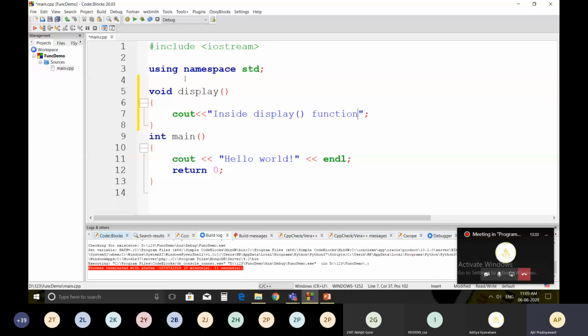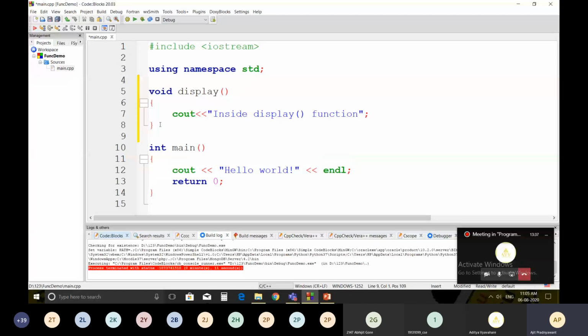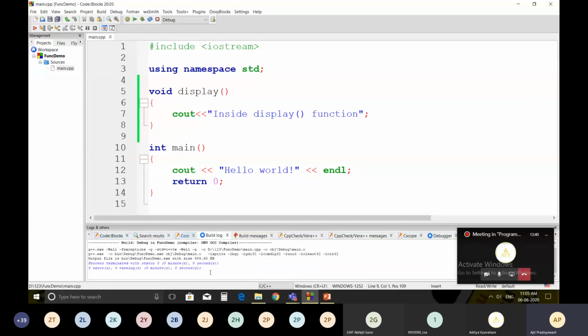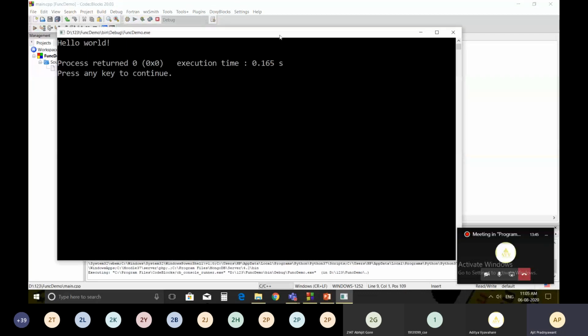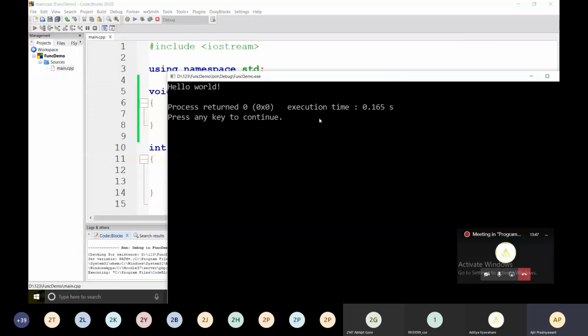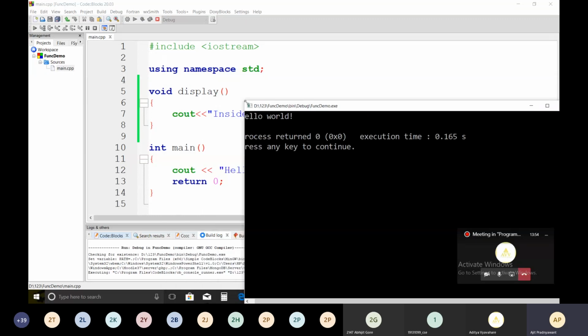I have written this function, and now I am going to compile the code. There are 0 errors, and I am going to execute. Now see the output. The output is hello world. We get this output because we have not called that display function in our program.